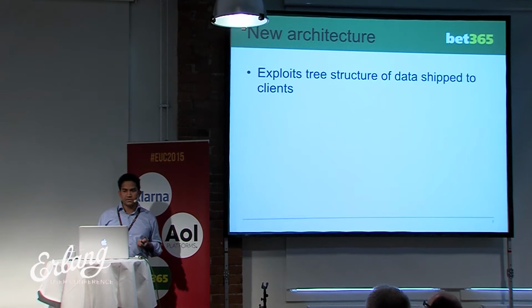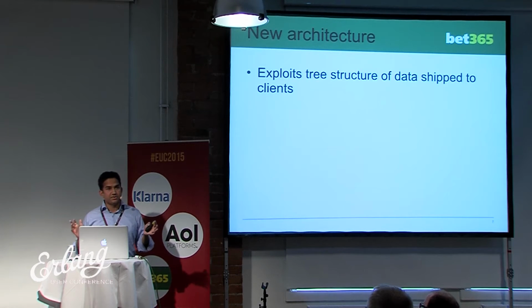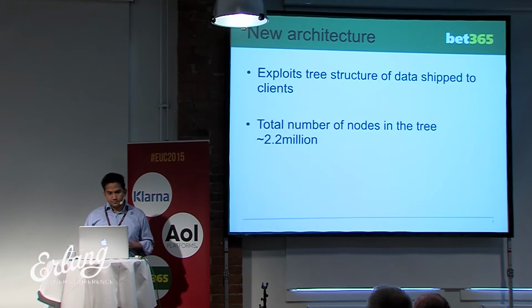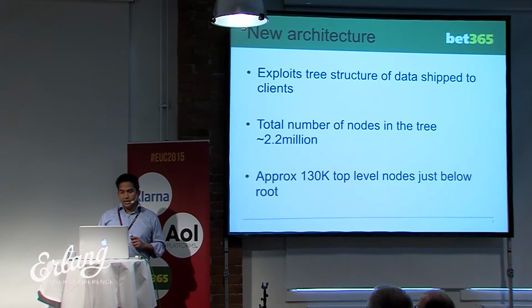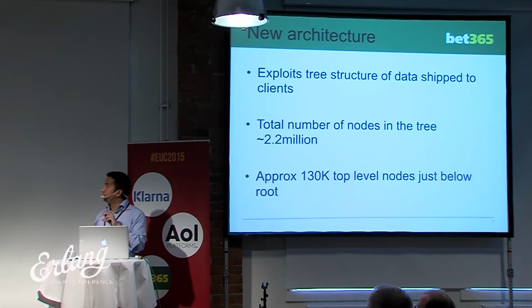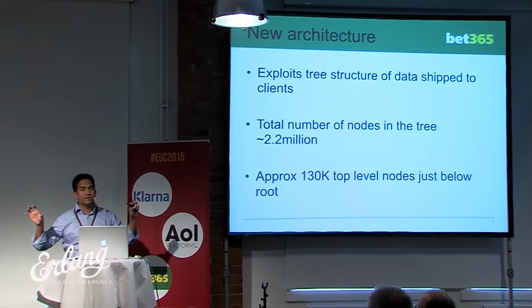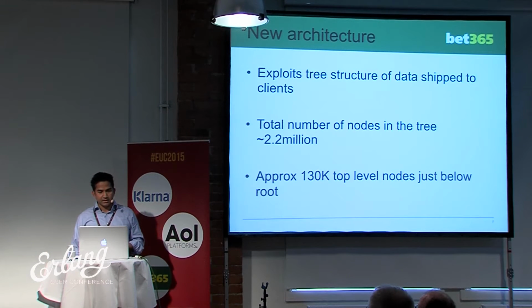The first thing we did was look closely at the data. The data we're shipping out to clients is essentially a very large tree, with about 2.2 million nodes. But if you look just below the root, there are about 130,000 top-level nodes, and all these are independent of each other. There's no dependency between them. So the natural thing to do in Erlang is obviously